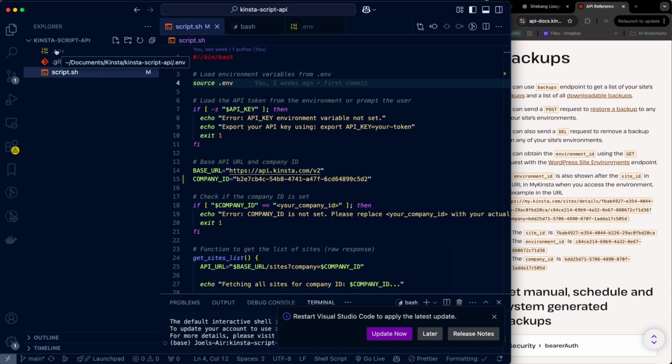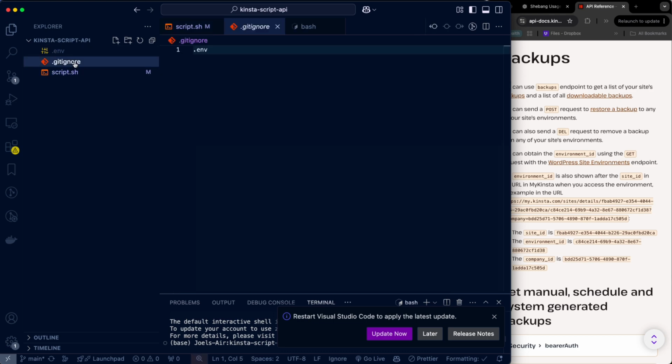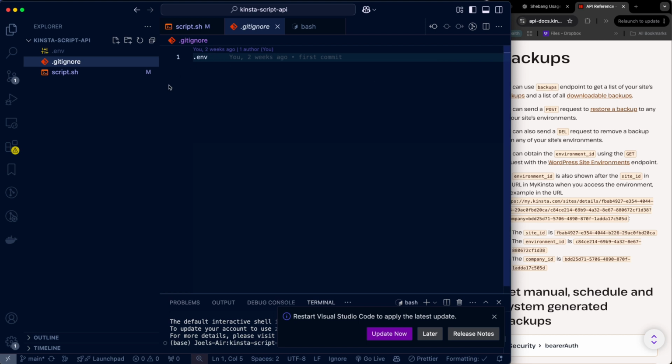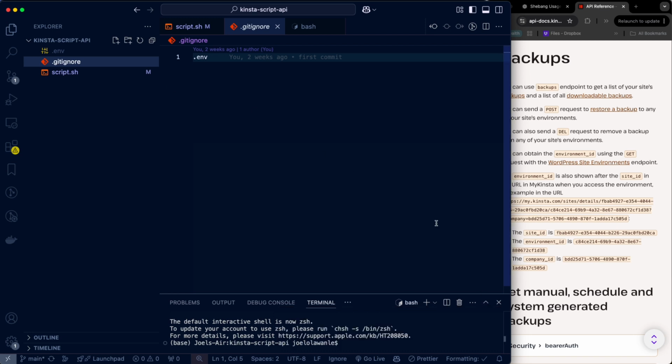So the .env file, the regular .env file that you have for your projects, and then you create a .gitignore and exempt it, so that when you push to a public repository or version control, your environment variables are not exposed to hackers, which can be very risky. If you are handling sensitive data, like handling websites, you don't want somebody coming to install malicious plugins on your site because they have access to your API key. So you store your API key in an environment variable,